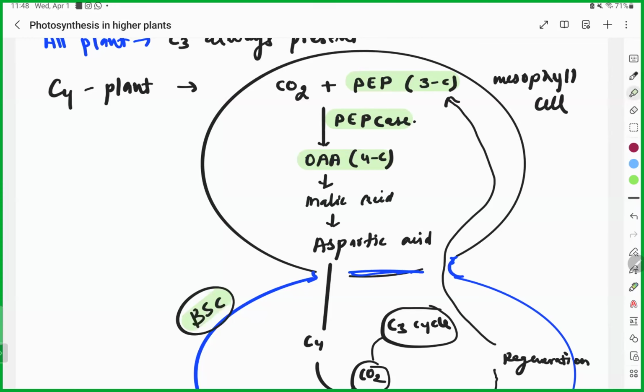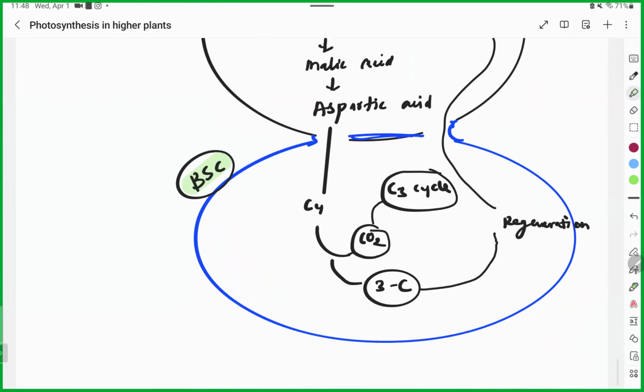So what is the difference between C3 and C4 plants? C4 plants can tolerate more temperature, can tolerate extreme conditions. Productivity is high. The number of chloroplasts in each cell is high. Other differences are